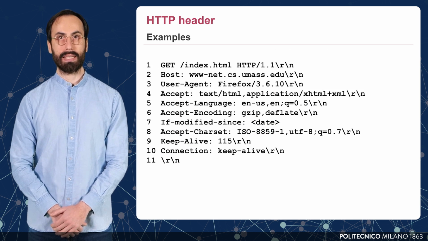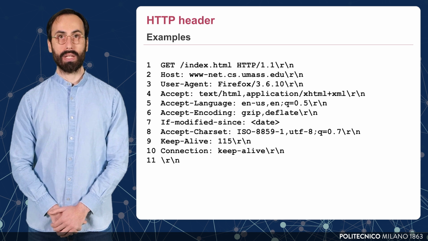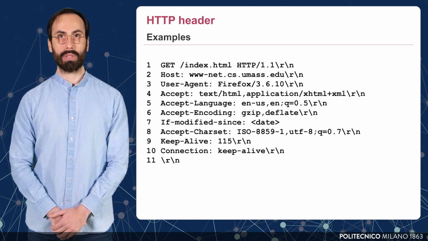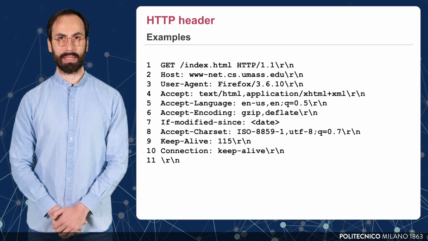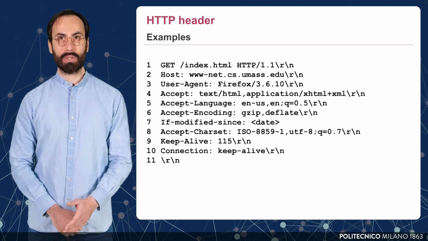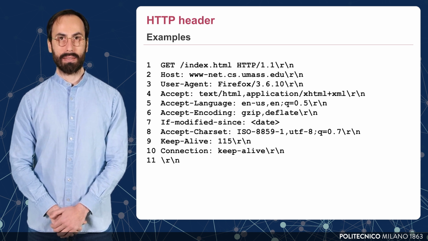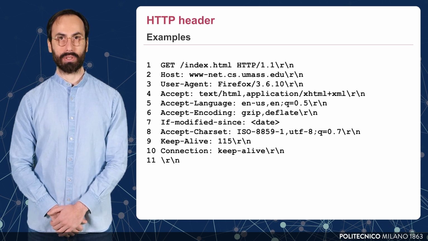This slide provides an example of an HTTP request message, showcasing the structure and content of its various components. The message begins with the request line, which specifies the GET HTTP method, the requested resource, index.html, and the protocol version, HTTP version 1.1. This indicates that the client is requesting the index.html page using the GET method under HTTP version 1.1,